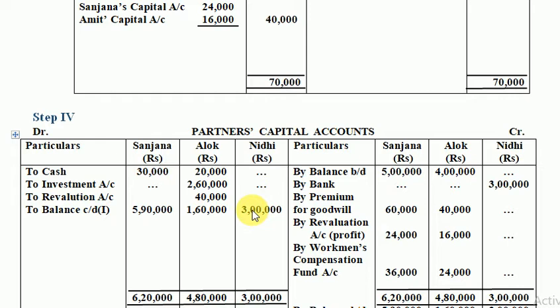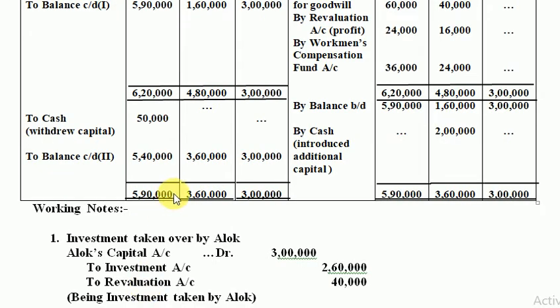For this method number one, whenever it comes in a question, you have to do an additional step. And what is that additional step? We will extend our partner's capital account with 4 to 5 lines. I repeat, we will extend our partner's capital account with 4 to 5 lines. And here it is. So can you see this now? This is the extension of our partner's capital account.